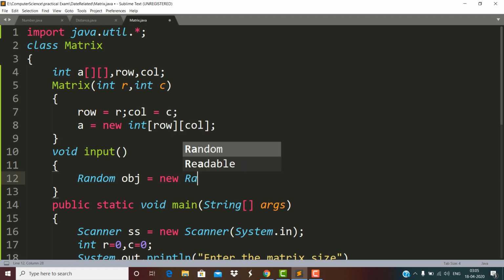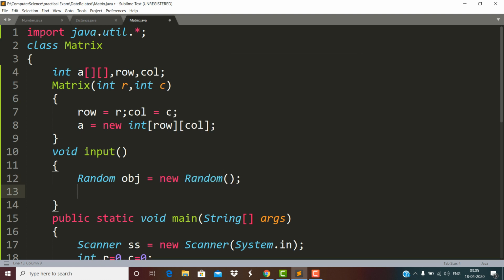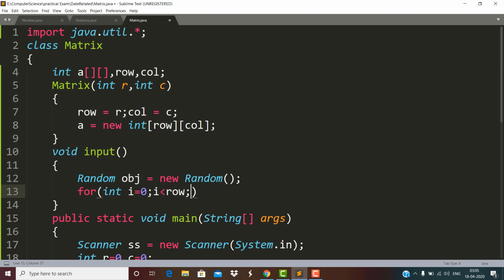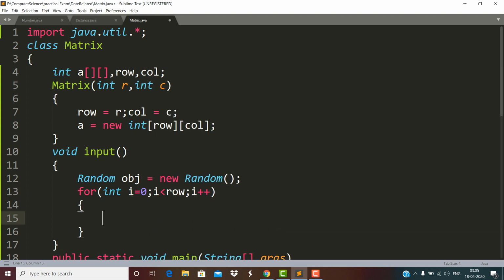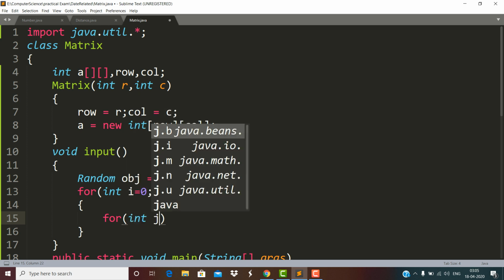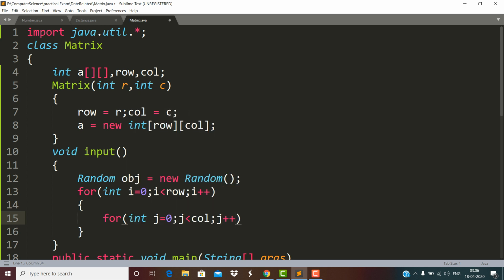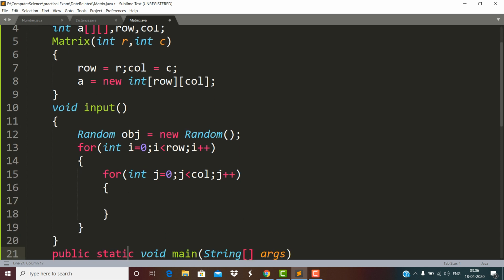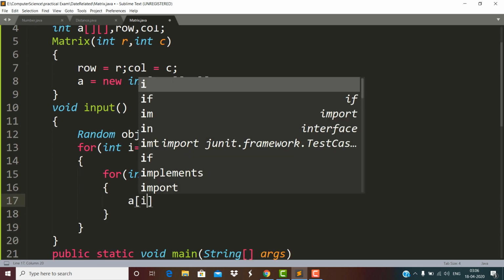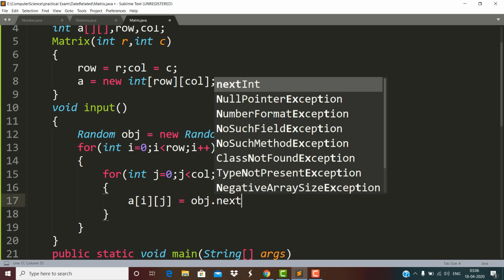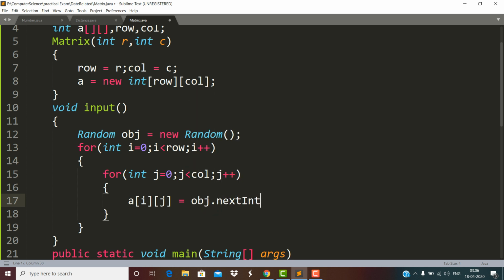This is the object Random, and here the size of the matrix is like this, up to row, and up to column, and here a of ij is equal to obj dot nextInt, and suppose here I'm just passing this value 50.